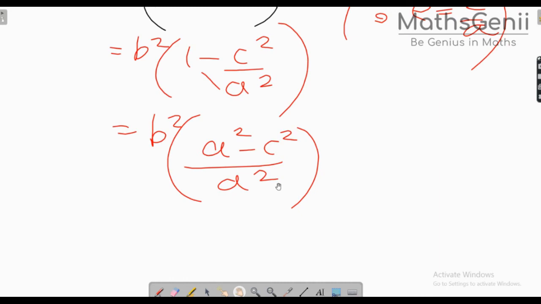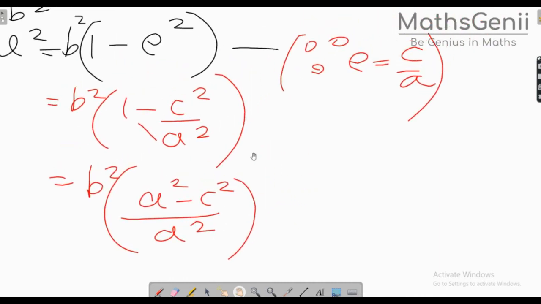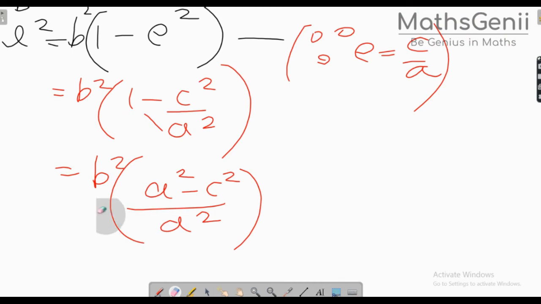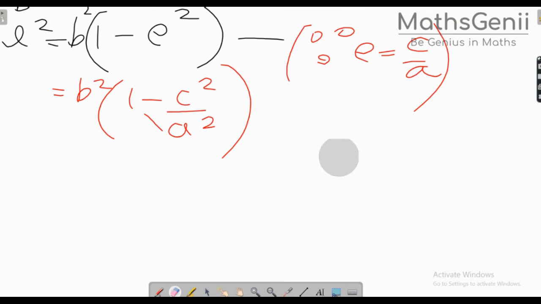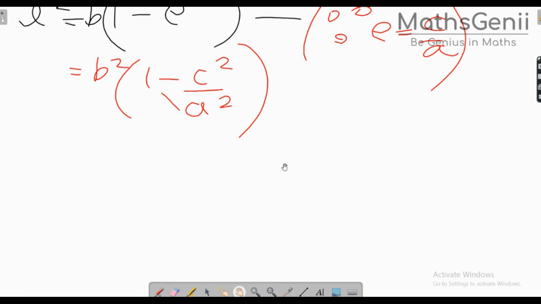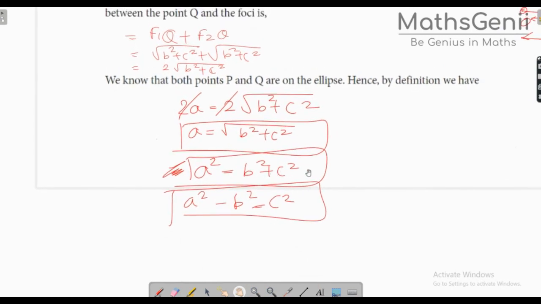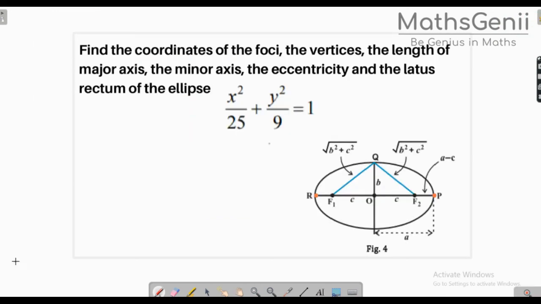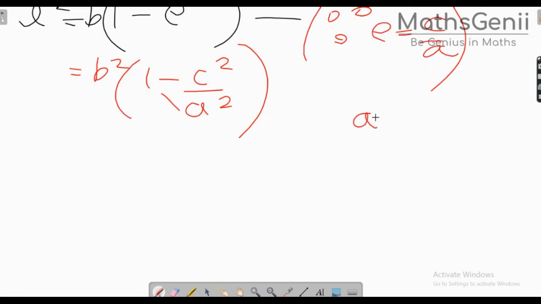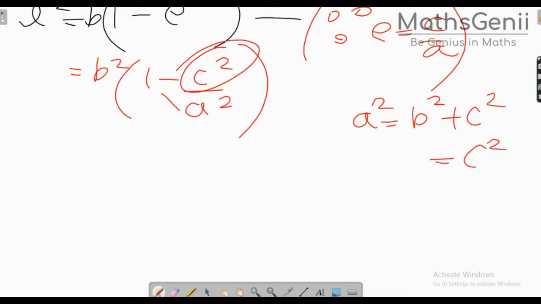Now let's look further, or let's simplify it in a different way. One more relationship I have. For c square, just go back a few slides and you will find we had derived it somewhere. So a square is equal to b square plus c square. This was the relationship, so let's use it here. A square is equal to b square plus c square, but I want to replace the c square value, so I'll write a square minus b square.